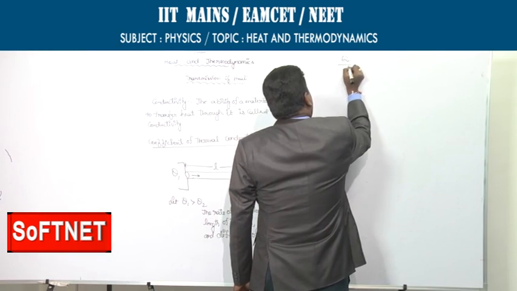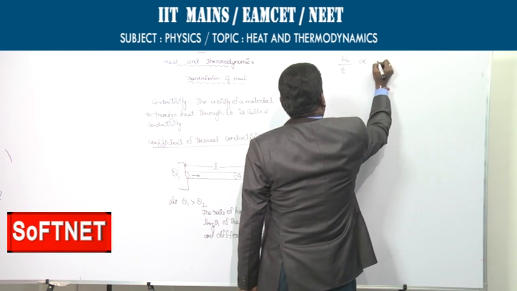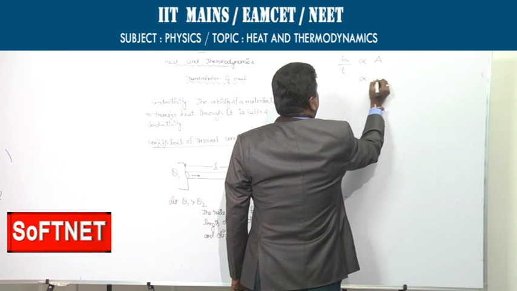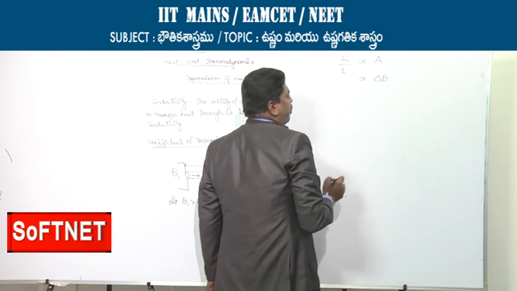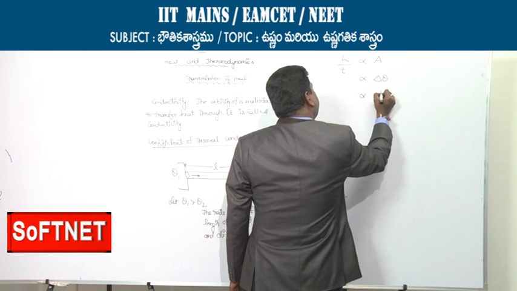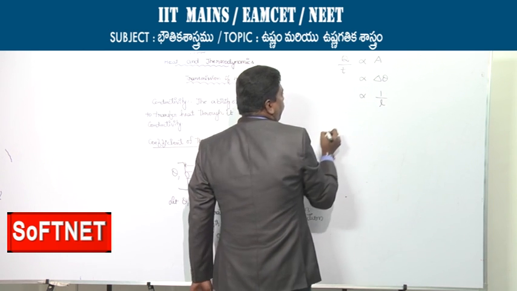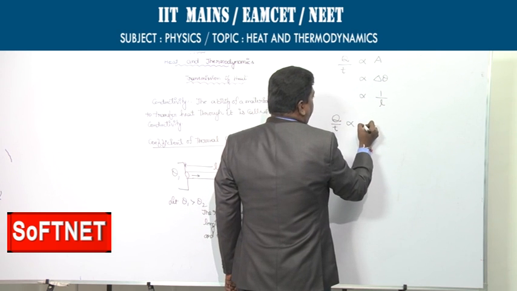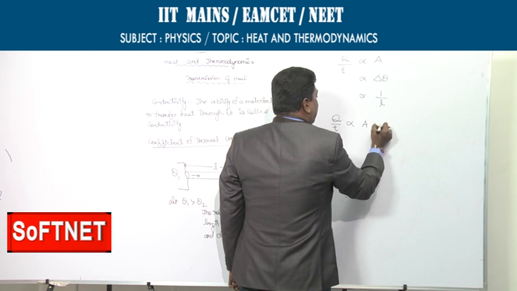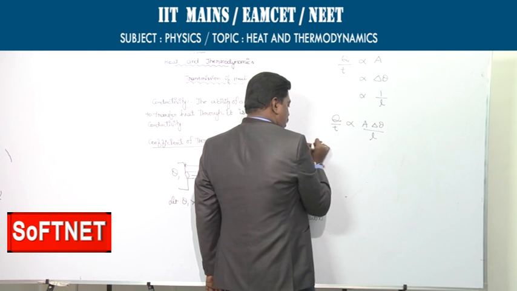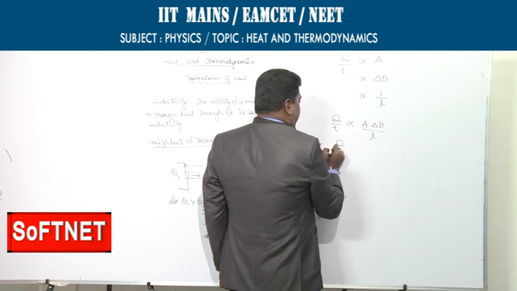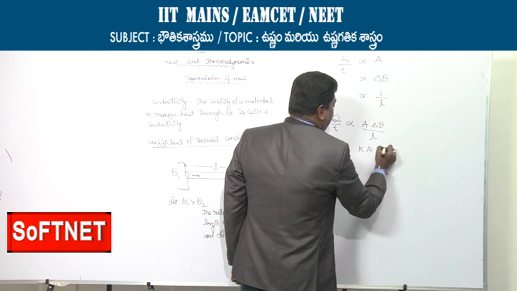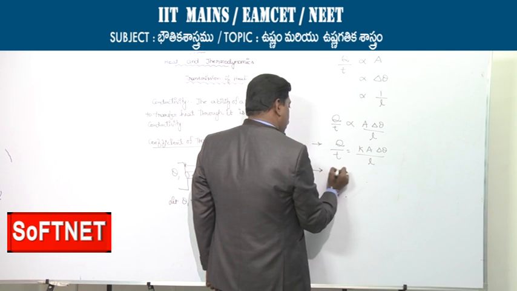The rate of heat flow Q by T is directly proportional to area of cross section. It is also proportional to difference of temperatures. It is also proportional to 1 by L. On combining all these three, what we get here is Q by T proportional to A delta theta by L. Bringing the constant, we get Q by T is equal to K into A delta theta by L, where K is given as